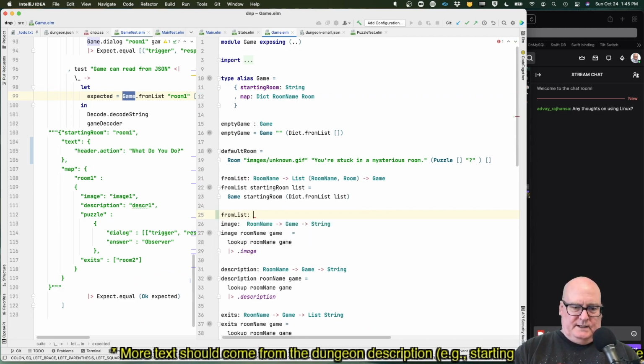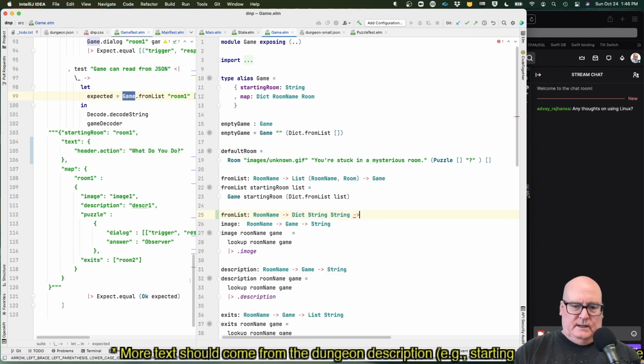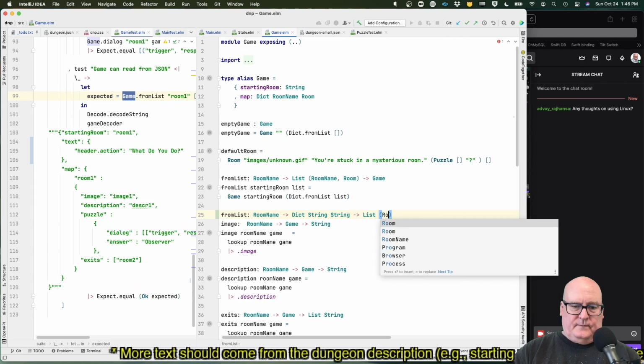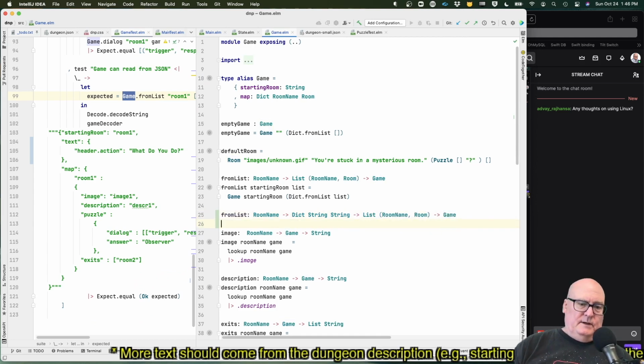My idea is I have a room name and give me the text, which is a dictionary string, and you give me this list, room name and room, and I will give you a game.